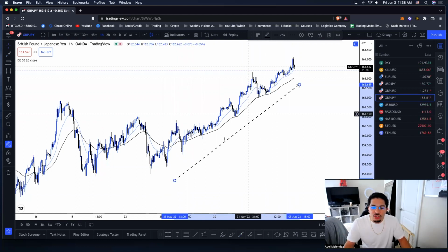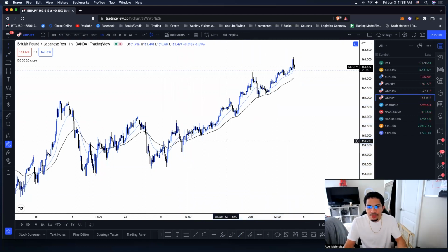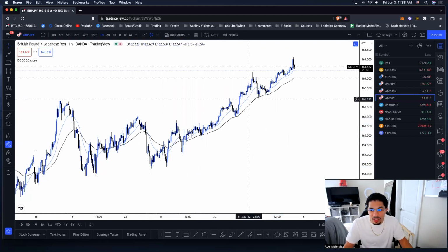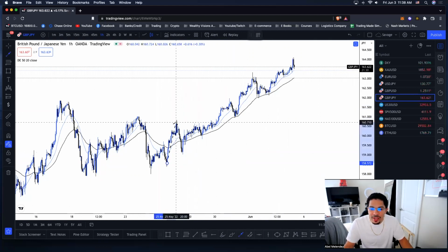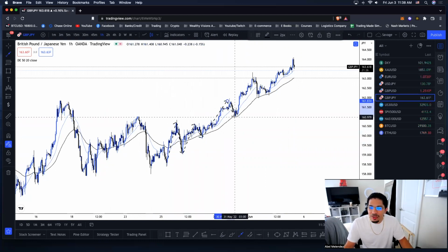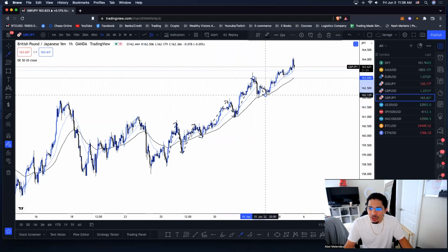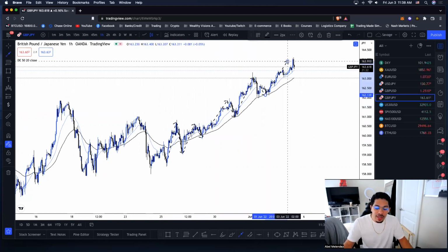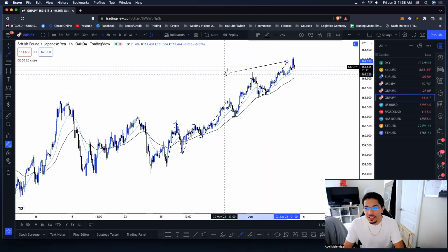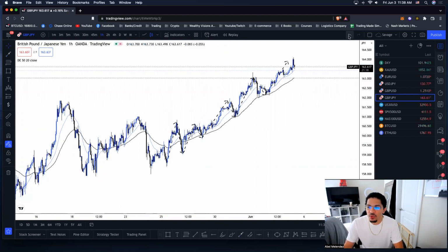Now there's two ways to really identify the trend in the market, guys. It's either by strictly visualizing it and looking at something like market structure, where we're creating a series of higher highs, higher lows, higher highs, higher lows, higher highs, and higher lows in the market. That is one way to identify the trend, right? And that's a very effective way. But there's also another way as well, guys, and that's using the moving averages.